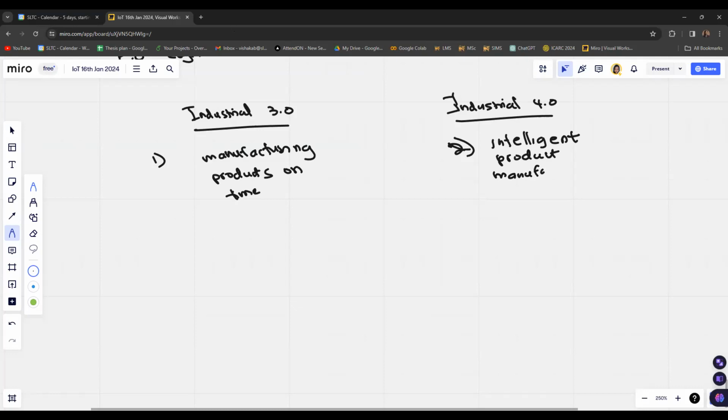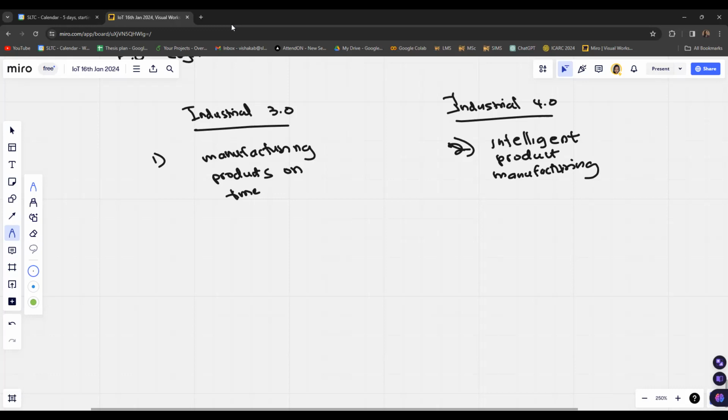So the manufacturing process will be customized based on the different requirements from the customers and the available resources in the network. In such cases, intelligent product manufacturing will be more convenient than Industry 3.0 like manufacturing methods where you are just manufacturing some products.